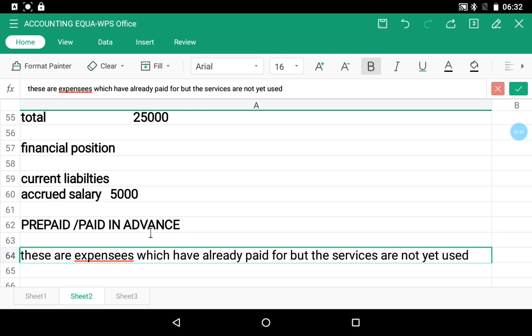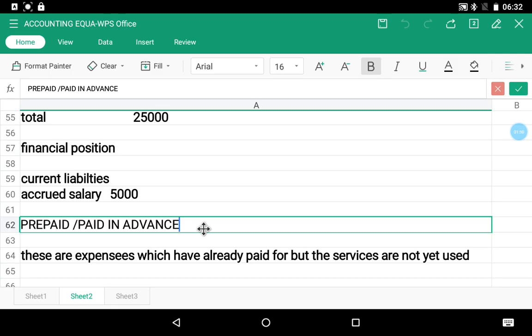When you talk about prepaid or paid in advance expenses,